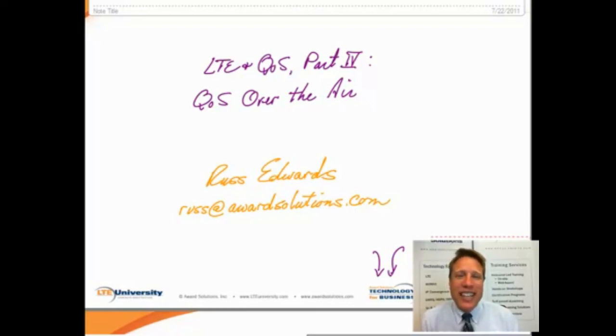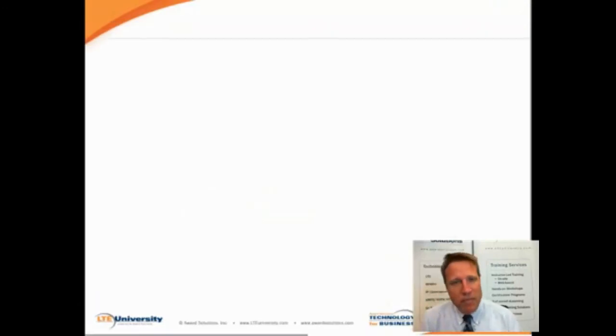And so today's session is going to be the fourth part in, I think, what will be a 4-part series. Originally 3-part, but we decided to extend it. The series is on LTE and quality of service. And this portion is going to deal with how LTE supports quality of service over the air. Now this session is going to get a little more detailed than the previous sessions, but I think you will find it interesting. If you hang in there with me, you will leave this session with a greater understanding and confidence in LTE's ability to support quality of service. So let's jump right in here.